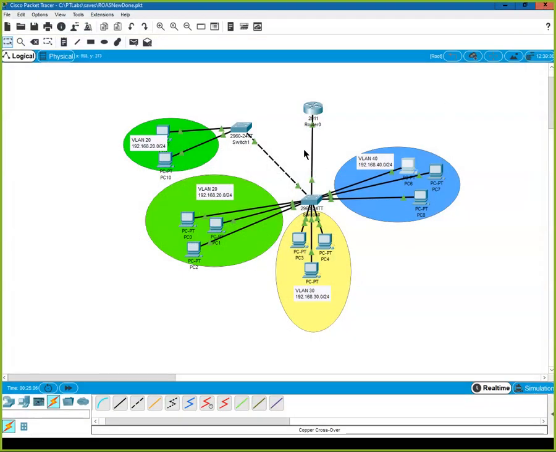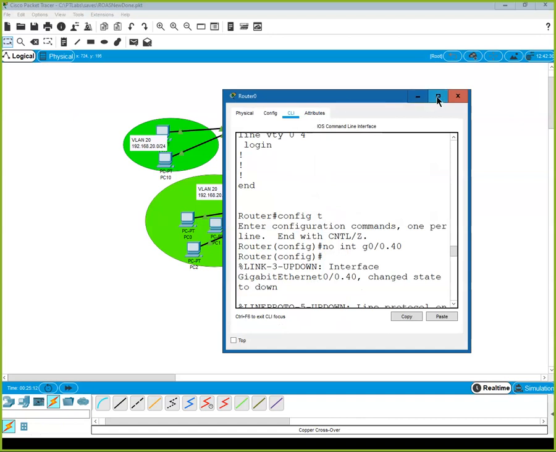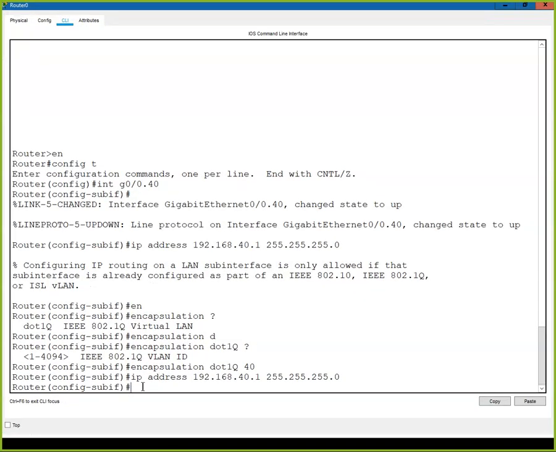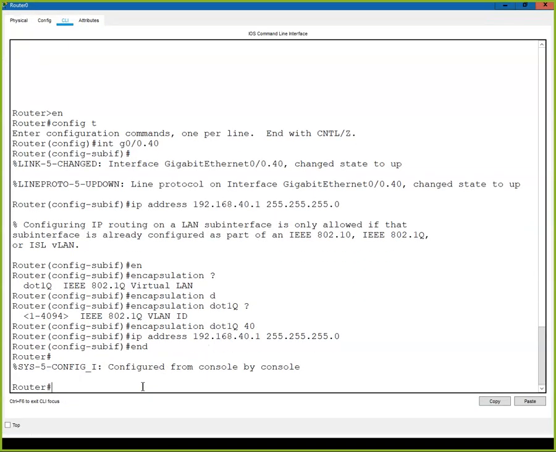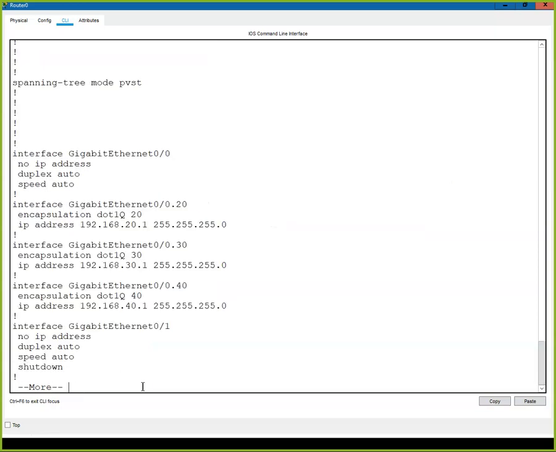Again, it's called a router on a stick because it's got a single interface. Looks like you're holding it up on a stick. The entire configuration of this thing is not really all that complex. You have to have a device with a gigabit Ethernet or a fast Ethernet or something like that that we can create a trunk port on. If we do the show running configuration on it, we have the sub-interfaces, interface gig 0/0.20 on the gig 0/0, the base